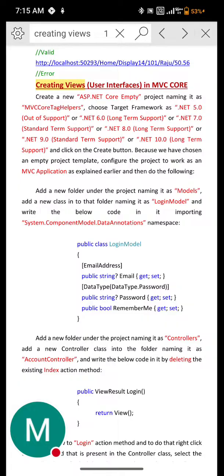Create a new ASP.NET Core empty project, naming it as MVC Core Tag Helpers. Choose target framework as .NET 5.0. Of course, that was out of support. .NET 6.0 long-term support or .NET 7.0 standard term support, 8.0 long-term support or 9.0 standard term support, .NET 10 long-term support, and click on